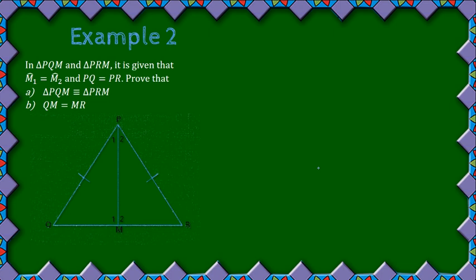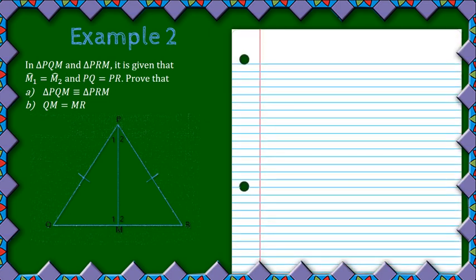Now for example 2, in triangle PQM and triangle PRM, it is given that angle M1 is equal to angle M2, and PQ is equal to PR. These prove that triangle PQM is congruent to triangle PRM. That's A. So let's start with A. Once again, we need to prove two triangles congruent. We start by stating we are working in triangle PQM